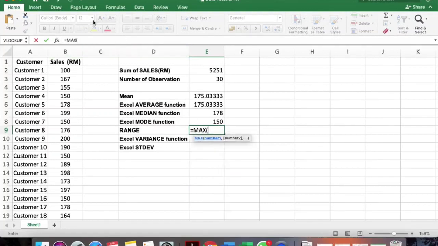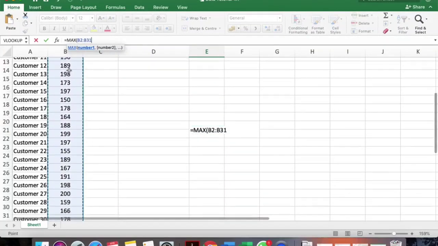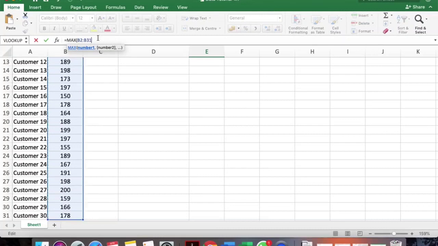So another way is, you can see here, I just select the entire range, entire data set, and I just close the bracket.